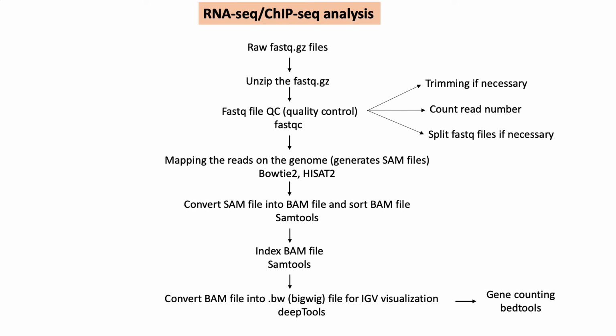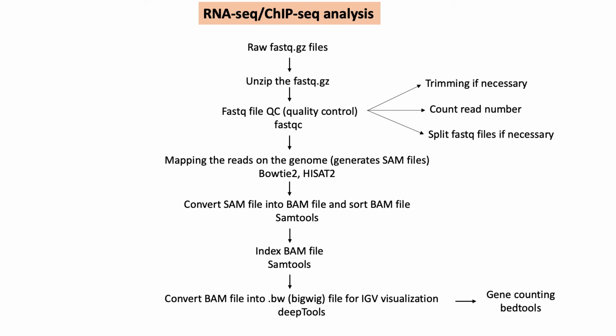Gene counting is just counting how many reads are coming from each gene, and that will give you the gene expression. And then after that, you just put those gene counts into edgeR or DESeq programs, which